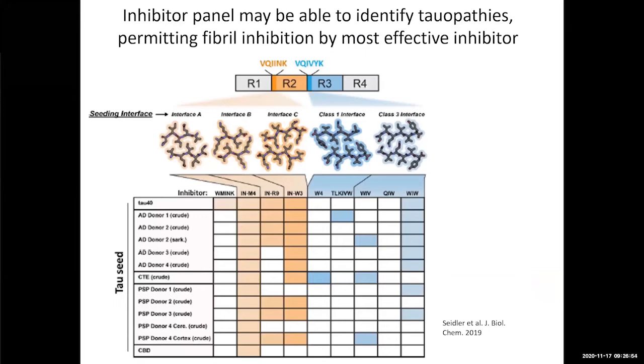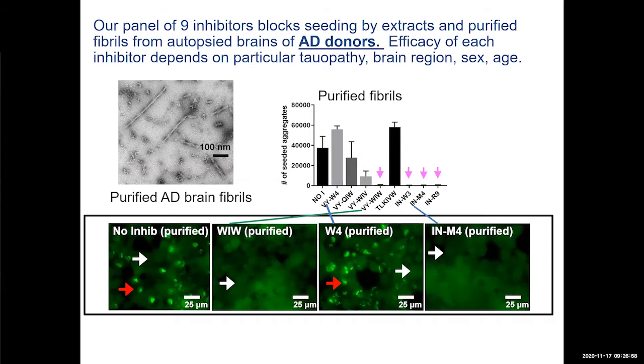David, this is Don Cleveland. Could you go back to that slide? I was confused. Actually, it's your title. You say that the efficacy of specific inhibitors depends on things like sex and age. Why would that be? Especially, if I understand correctly, you're using these biosensor cells as the assay. Is that